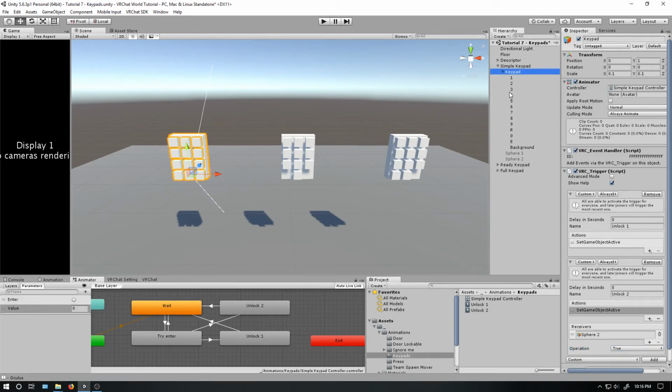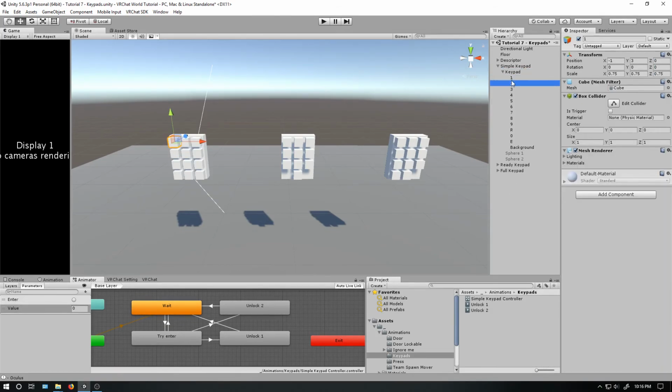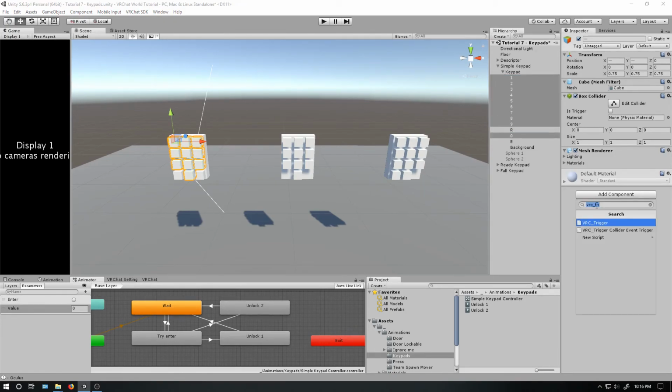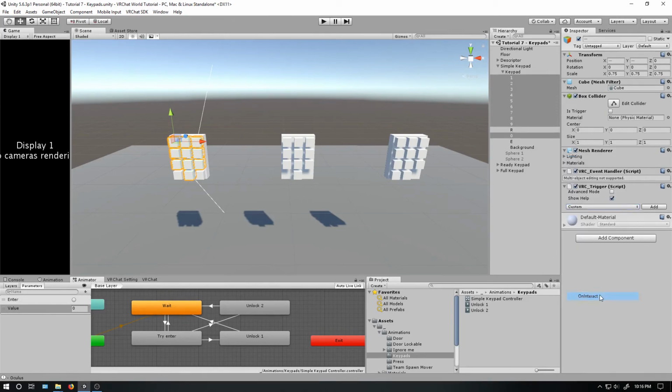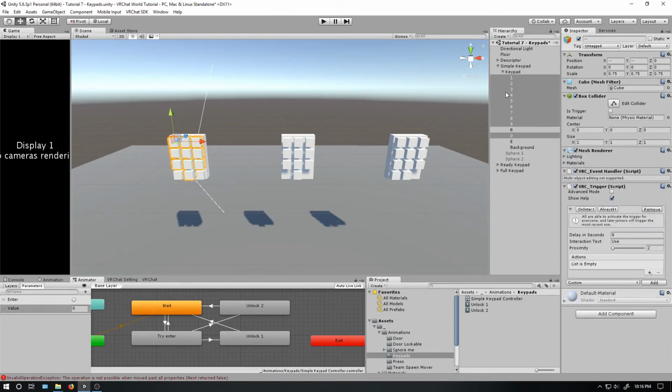Now, let's get the buttons working. So we have all of these buttons here, but we have to set everything. So I'm just going to select all these, unselect what I'm going to call the reset, and unselect enter, and now it's just the numbers. So add component, VRC trigger, and on interact is the one we want. So click add. I have to click it twice because I have multiple things selected,